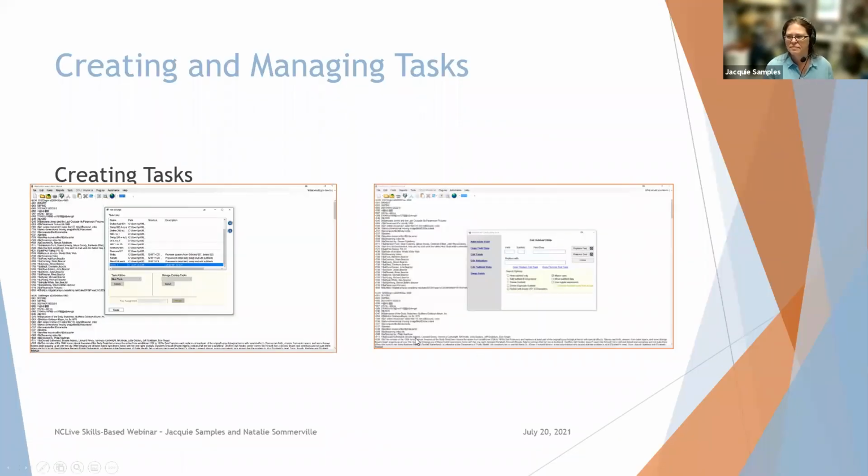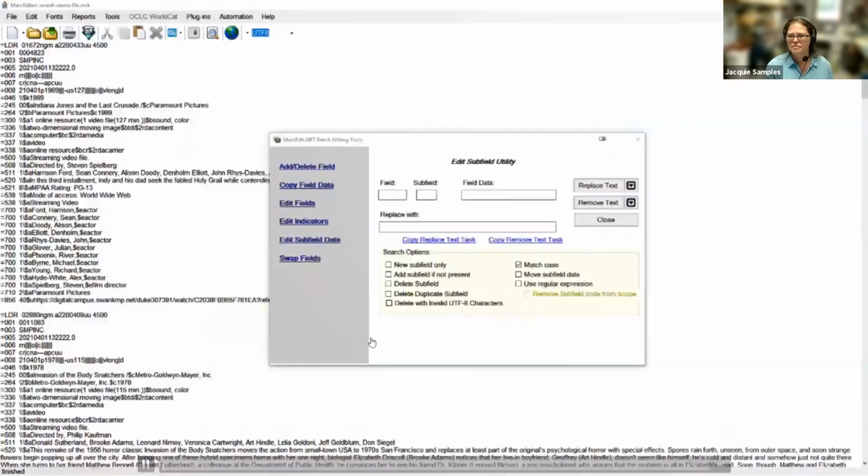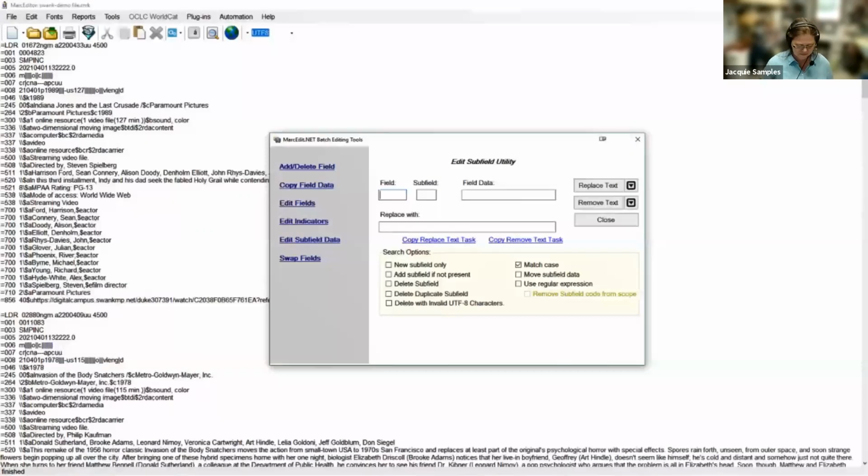When you are creating other kinds of tasks, the interface looks different when you're copying it. It's just a matter of the label for the copy. So if I were going to build a task to remove a field from every record, for example, I would input what field I want to get rid of.